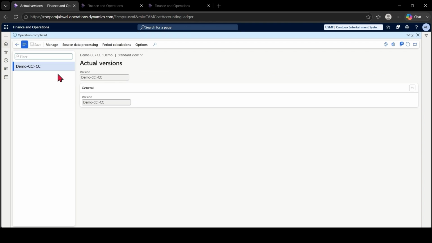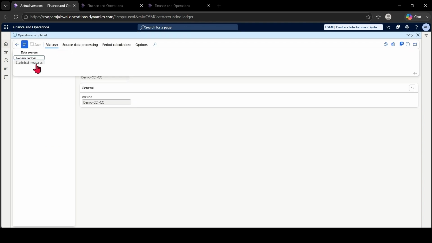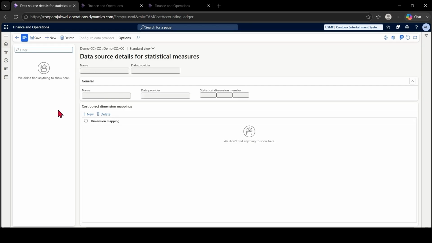Now moving further, we will learn how to import the statistical measure. Click on statistical measure, click on create new and write FTE. The data provided will again be imported for us because I am not going to use Dynamics data. What I'm using is an imported statistical measure.